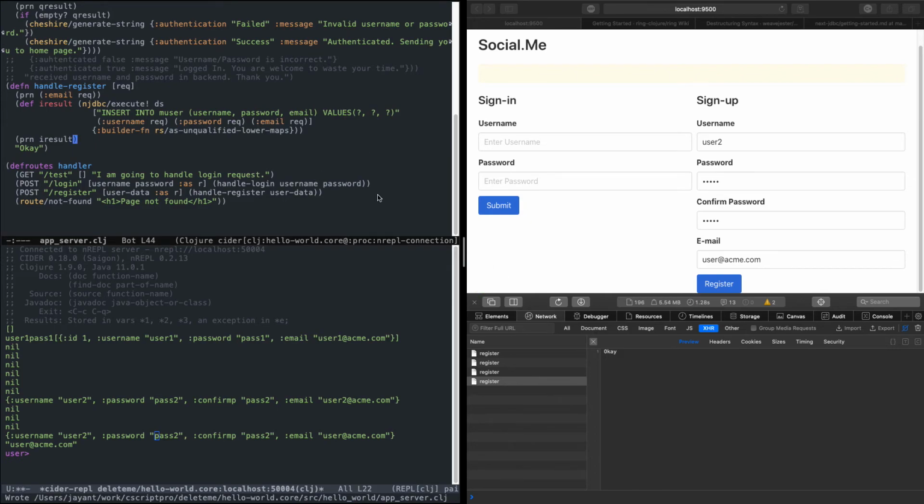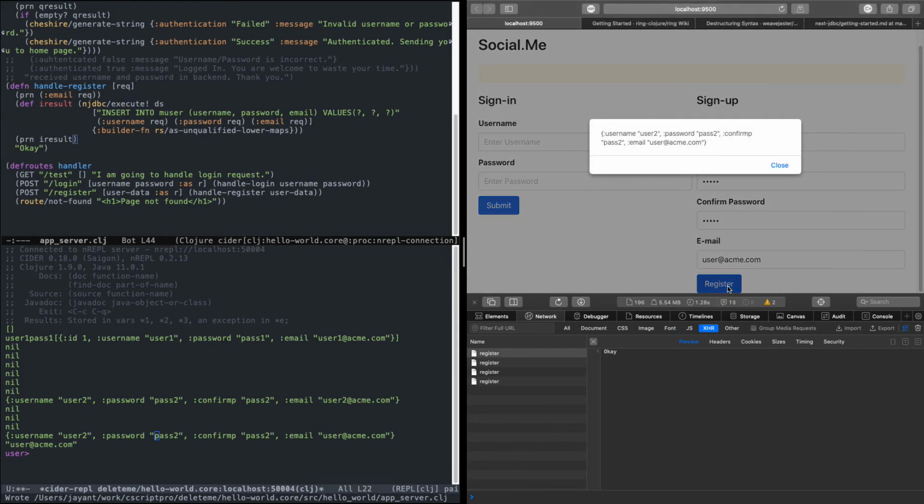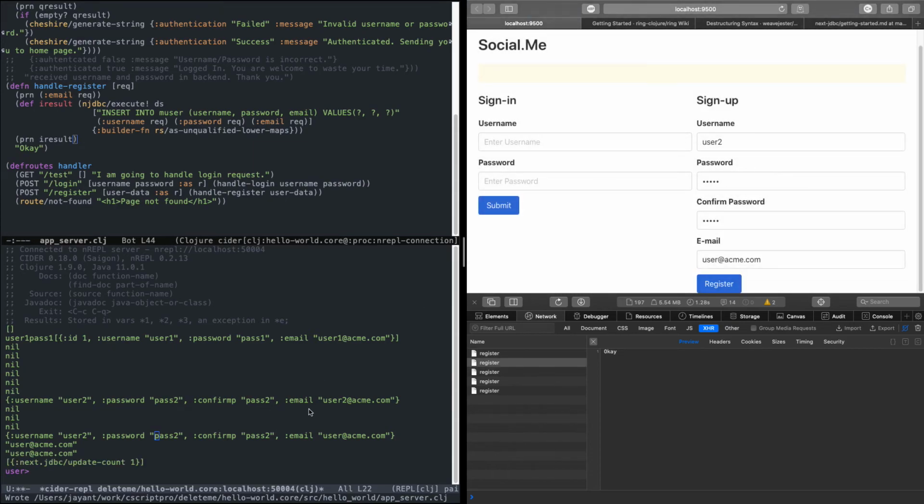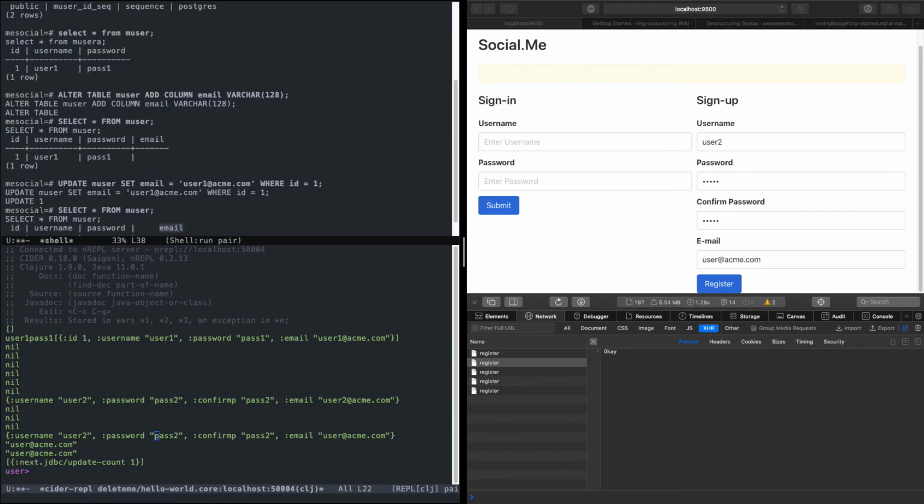So far so good, no issue. So let's click on the register button. Yep, we receive update count 1. It means that the value is stored in the database, and if we go to our shell,